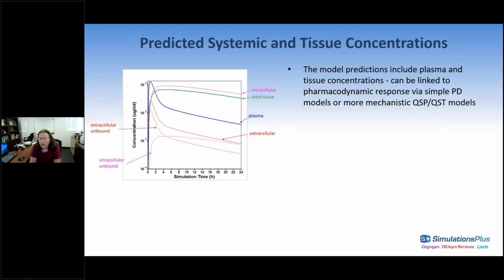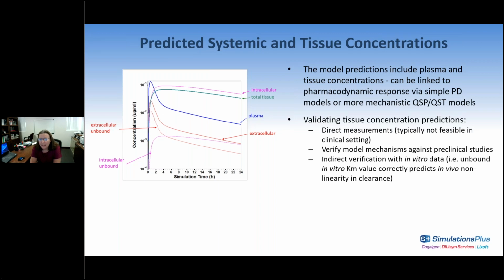So looking at these different mechanisms and really breaking down the tissue space into individual subcompartments does provide a good platform, a good vehicle, or a good model for simulating not only plasma or total tissue concentrations, but also the concentrations in those individual subcompartments, whether it is extracellular space or intracellular space, looking at total or unbound concentrations, whichever is the most relevant concentration for the specific pharmacological or toxic effect of the molecule that you are looking at.